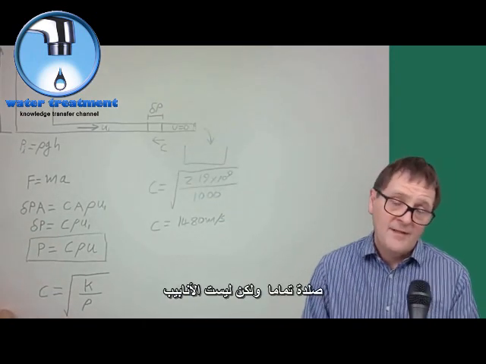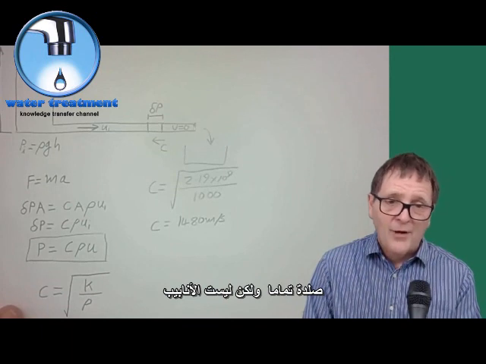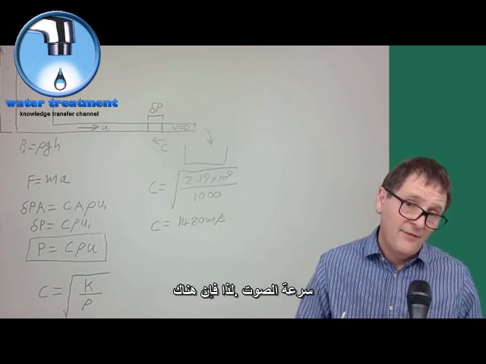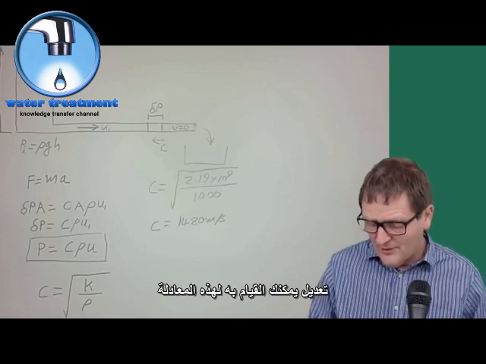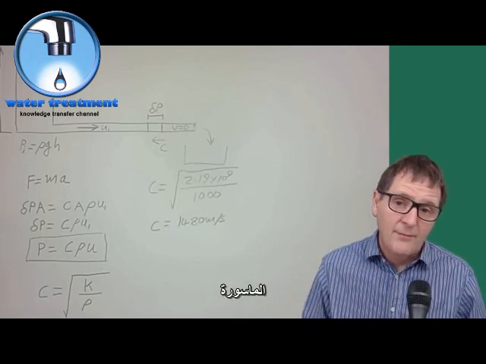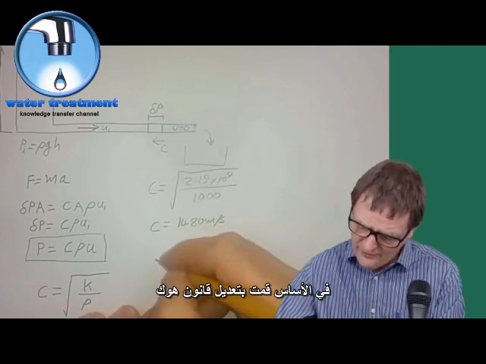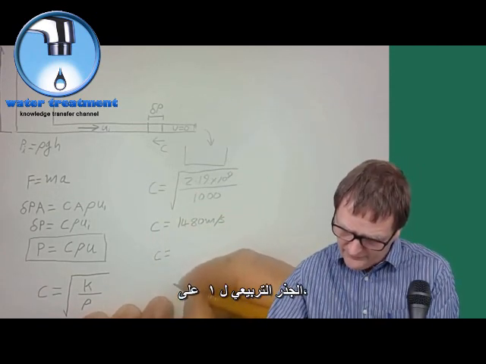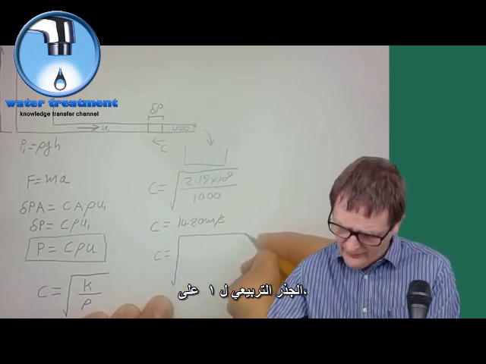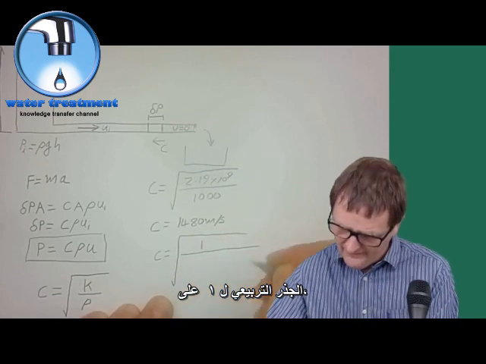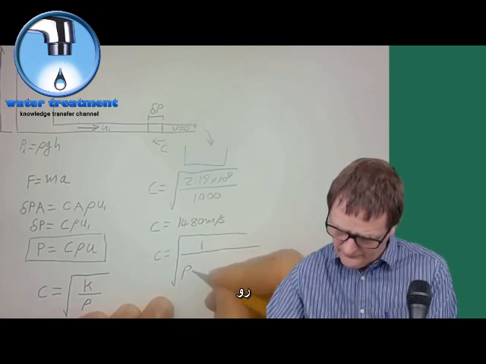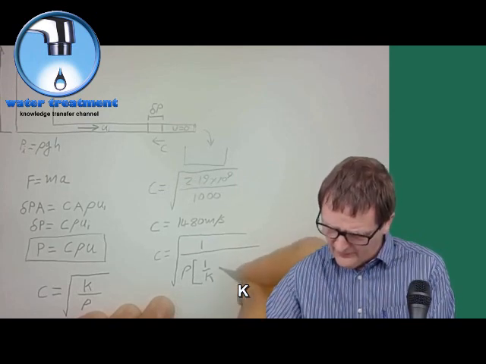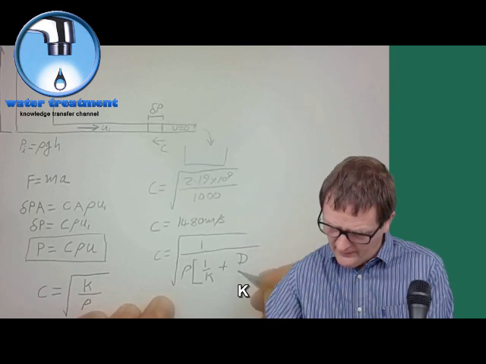That's assuming the pipe is perfectly rigid, but pipes aren't perfectly rigid, they flex, and that affects the stiffness of the system, and as it gets less stiff, the sonic speed comes down. So there's a modification you can make to take into account the stiffness of the pipe. You modify Hooke's law so that c equals the square root of 1 on rho, times 1 on K plus D on